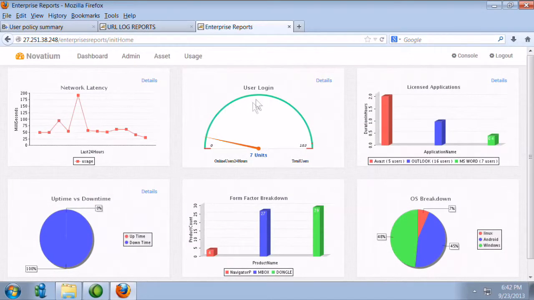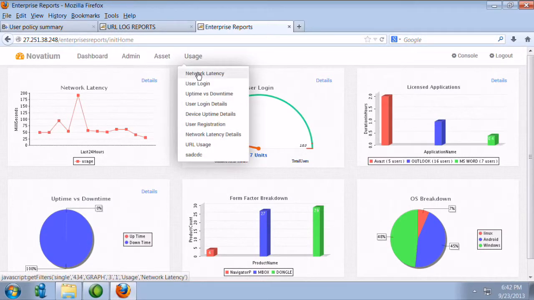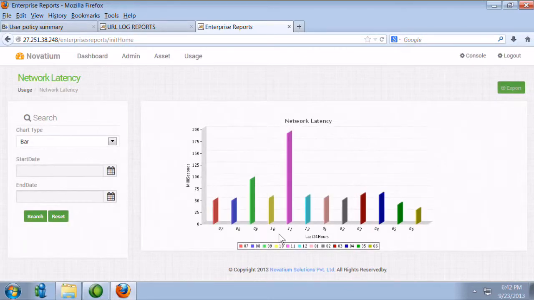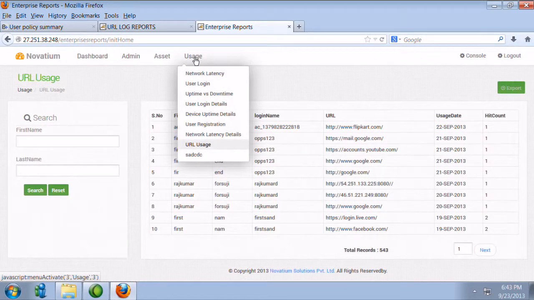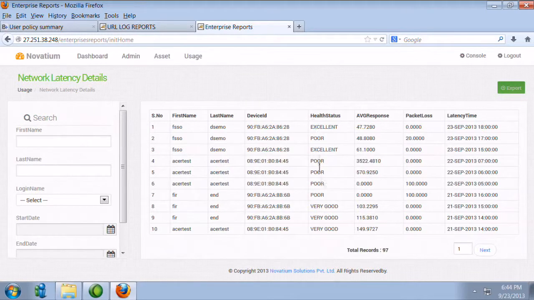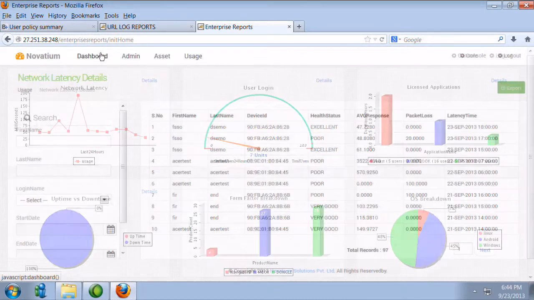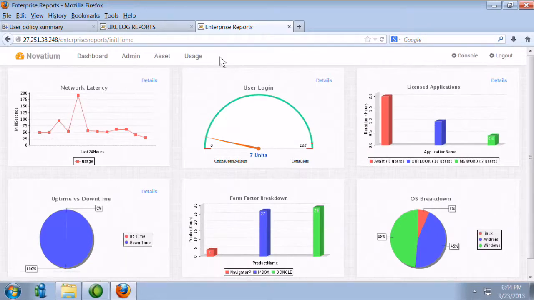The administrator can also have a view on activity and usage, which applications are being used at what time, which are the most frequently used applications and URLs, what is the usage of a particular user or a particular location, whitelisted and blacklisted applications, and other features.